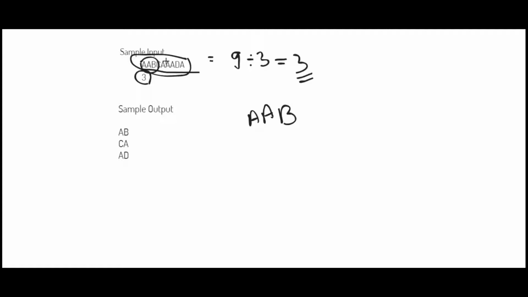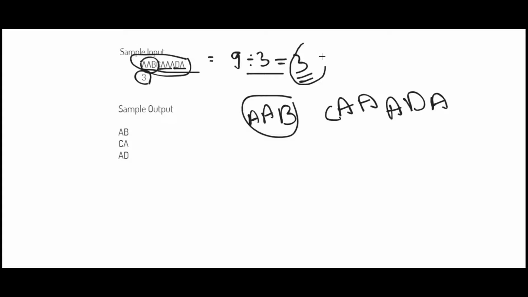and B. Again we have to combine these 3 characters which are C, A. Again we have to combine the last 3 characters which are A, D and A. Okay, why are we grouping them into 3? Because our answer here is 3. And now we just have to combine the similar characters. So we combine the similar characters into one character A and we print them, as it is shown over here.